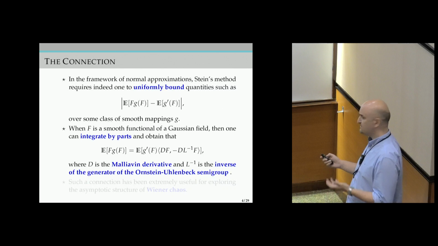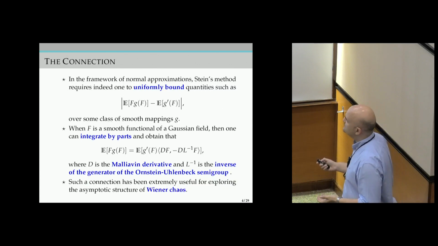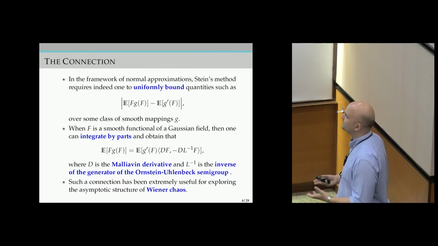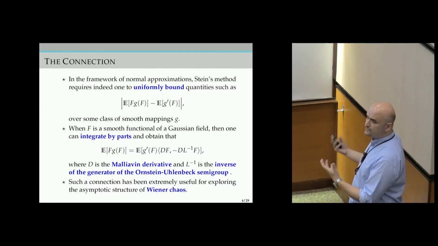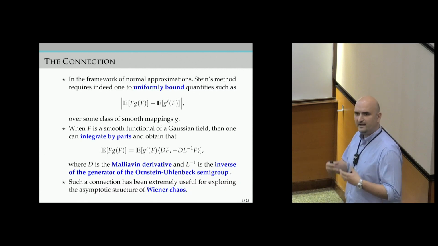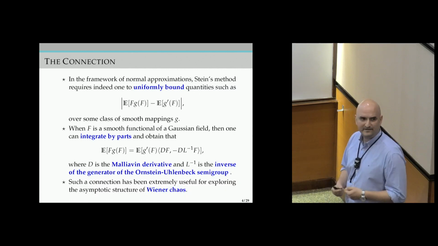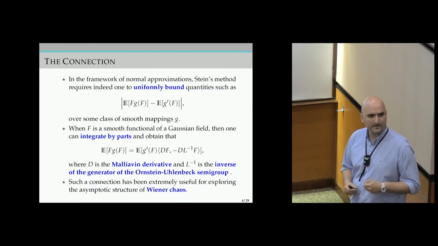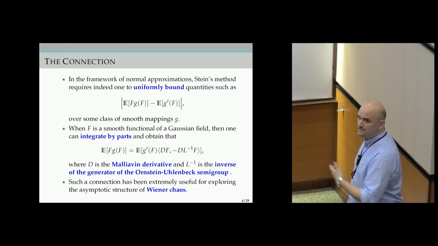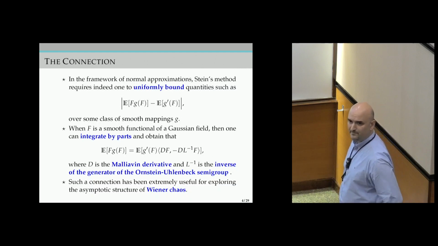These eigenfunctions have a name. These are elements of what one calls the Wiener chaos. What I would like to point out is that among the contributions of this connection between Stein's method and Malliavin calculus is a further and fully quantitative understanding of the asymptotic structures of random variables that live on the Wiener chaos. I will tell you why these Wiener chaotic random variables are quite important,